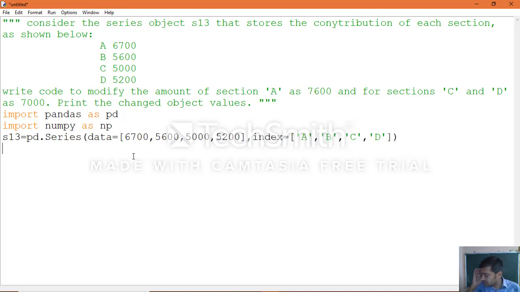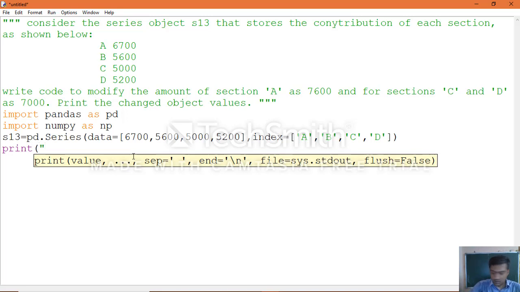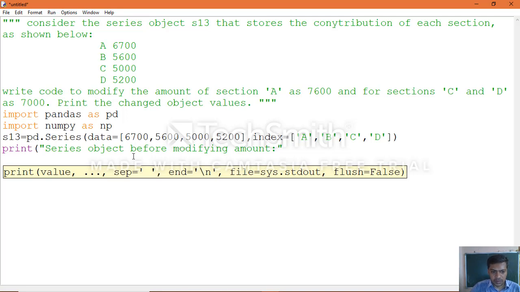Now execute the object. Now print first before changing. We'll print the series object data before modifying the amount.